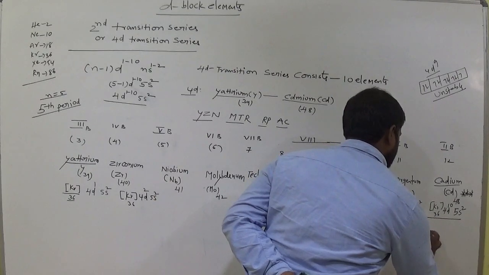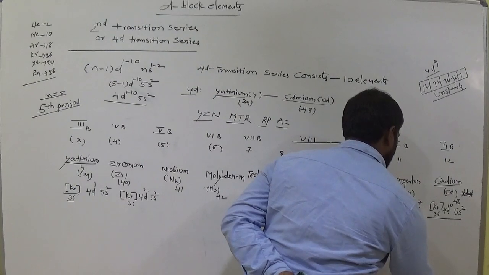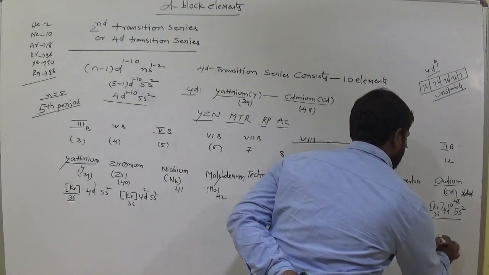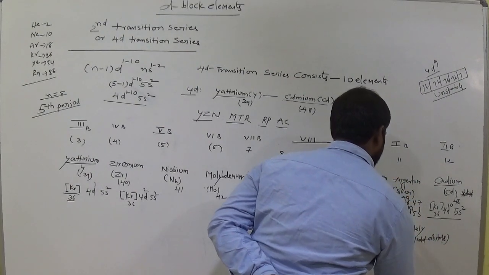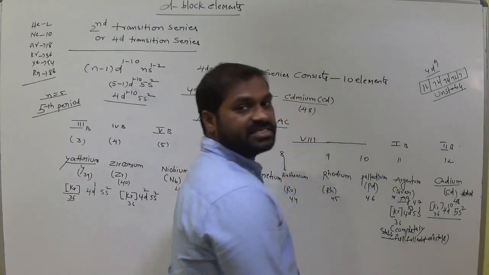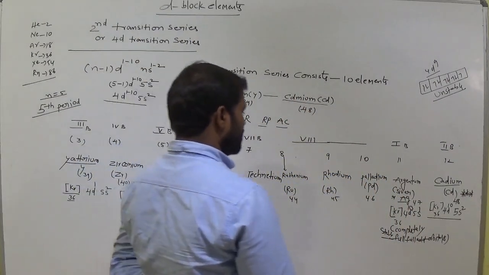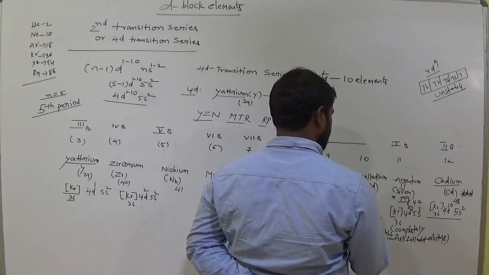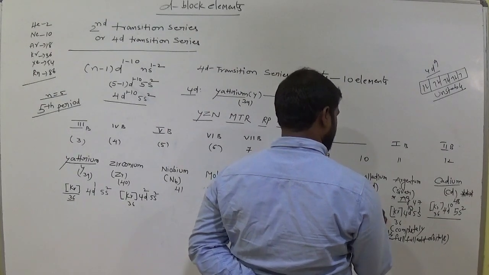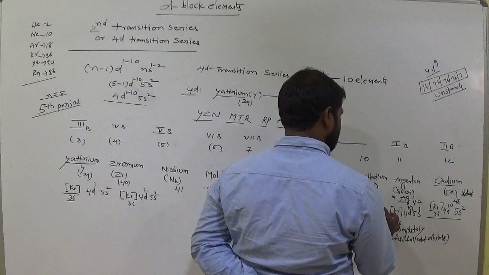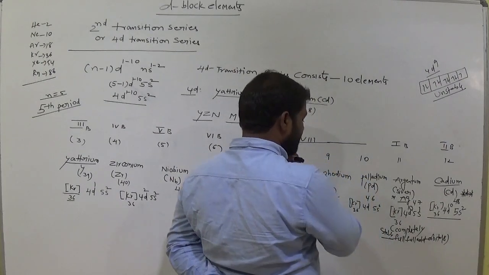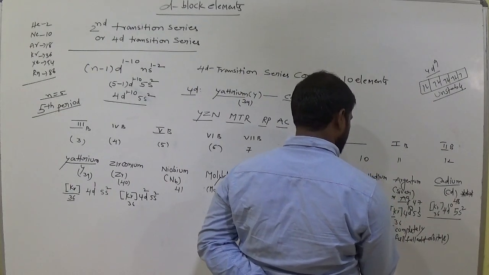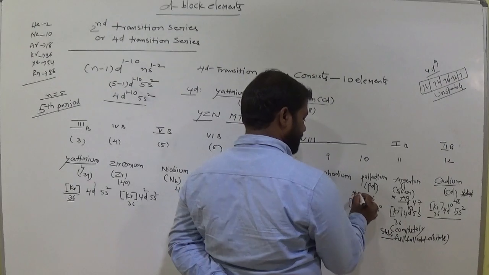Completely fulfilled d orbitals, that causes stability, am I right? That causes stability. Okay, and here we consider this one, krypton 36 4d 5s0 here, 46, 36 plus 5s0. So this is also very special here.